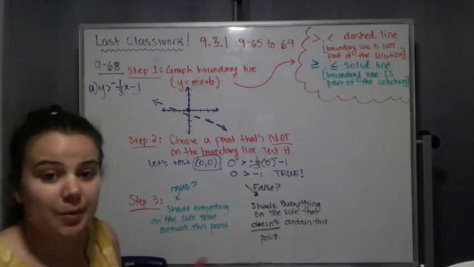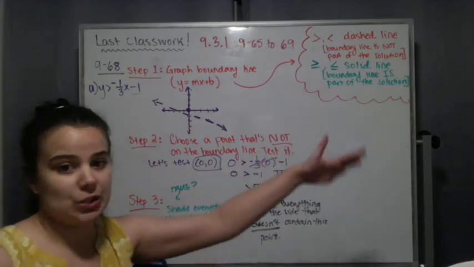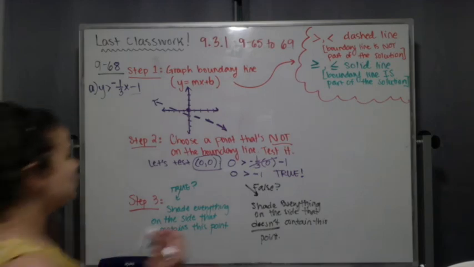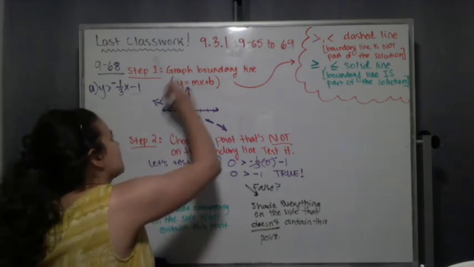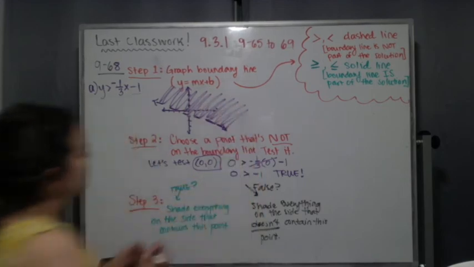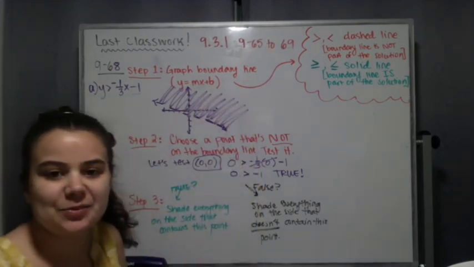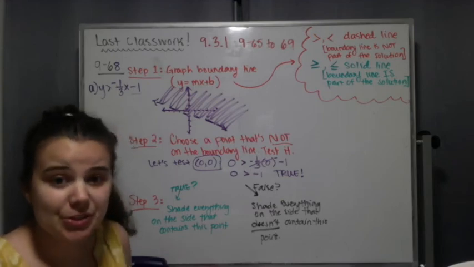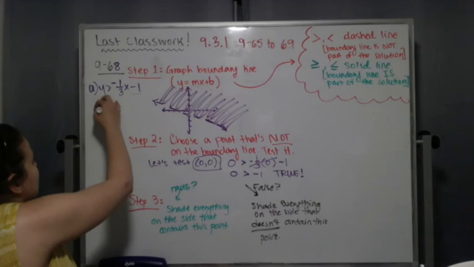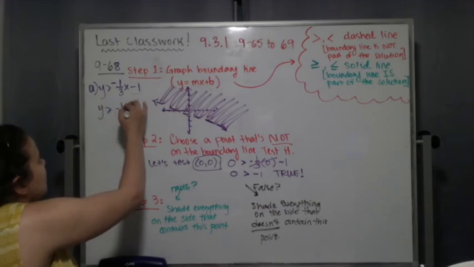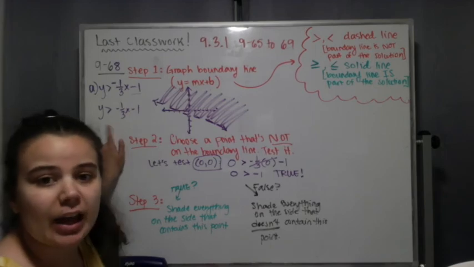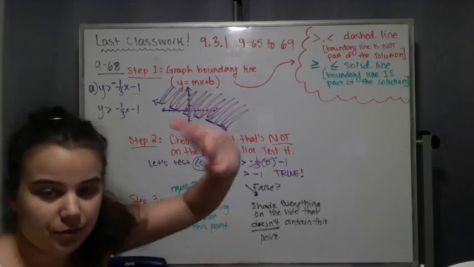And since we know that our boundary separates all of the solutions from all of the not solutions, that means that we just found where all of the solutions are. So we can shade above the line. Now usually, if we have like y, so in this case it was y is greater than, right? And that's awesome. If we have it like that, then greater than just means above, and less than means